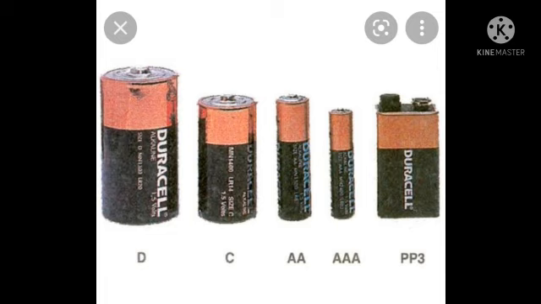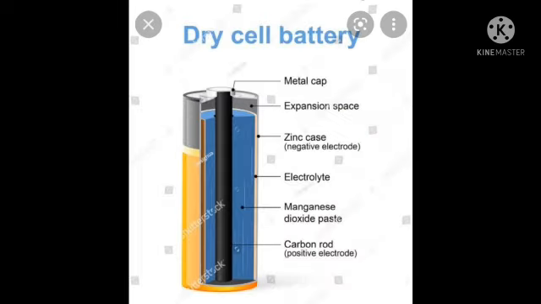So let us see the construction of the dry cell. Okay, students, take a dry cell and remove its outer coating, as you can see in the above slide. Inside it you will find a whitish metal layer. This is the zinc metal layer. This is the negative terminal of the cell.